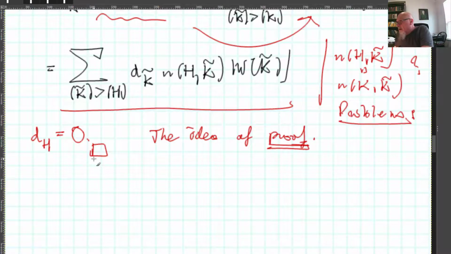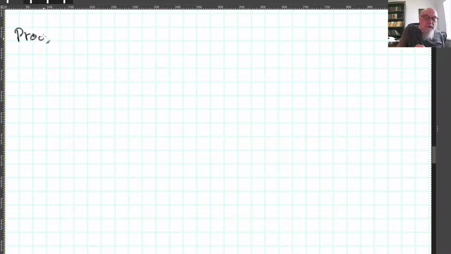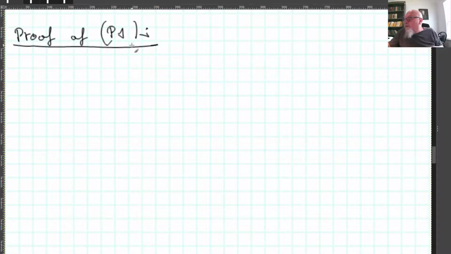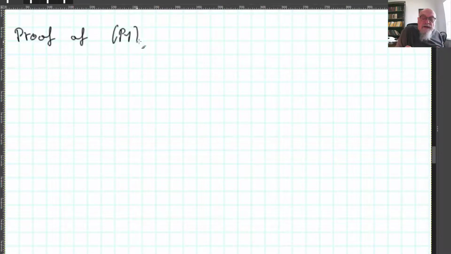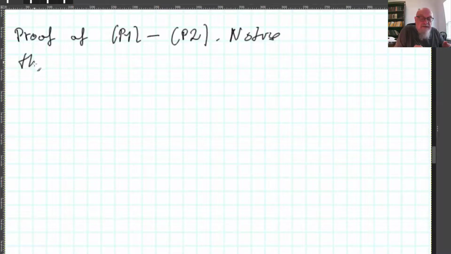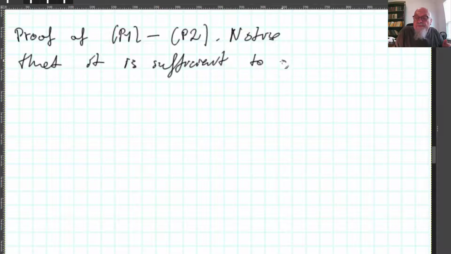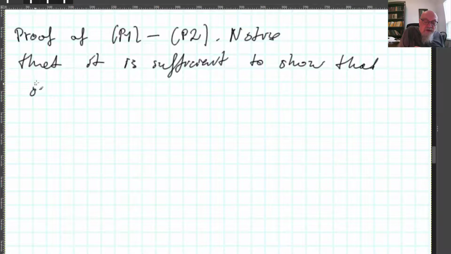So let's return to the proof, and mainly let's look into the properties. Here we have the property P1. Let's discuss the proof of P1, and let's see if the property P1 is true. Let's write it down like this: proof of P1 till P3, and notice, maybe P2 first. Notice that it is sufficient to show that this particular number DH F omega satisfies